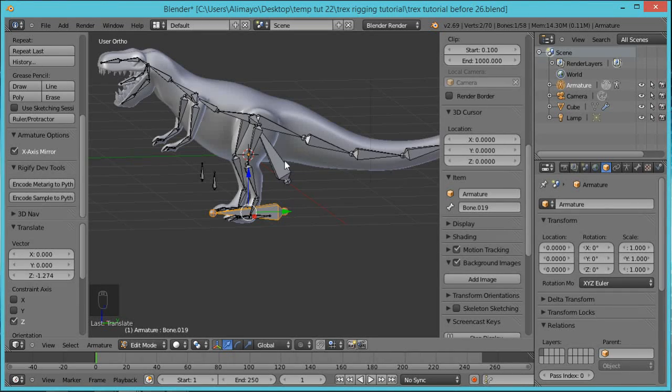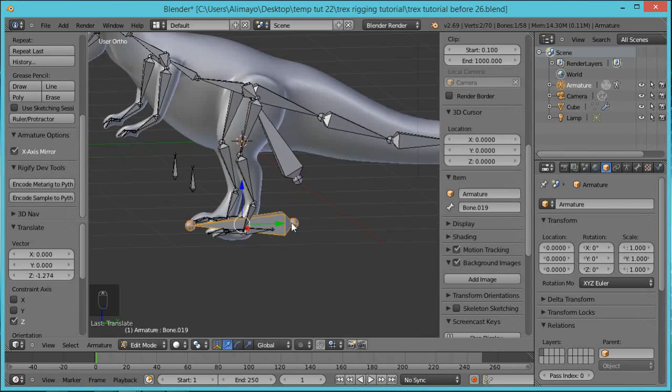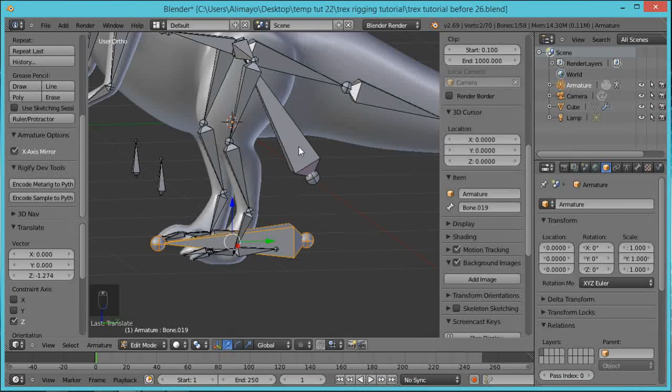And what we need to do is attach these other bones to this bone. So now that this bone is in here, remember we set up inverse kinematics, we set up pull targets in edit mode, and we set up parenting in edit mode. So what we want to do is select this bone right here. It's important the order that you select the bones in. So we're going to select this bone, hold shift, select this bone, and then what we're going to do is hold